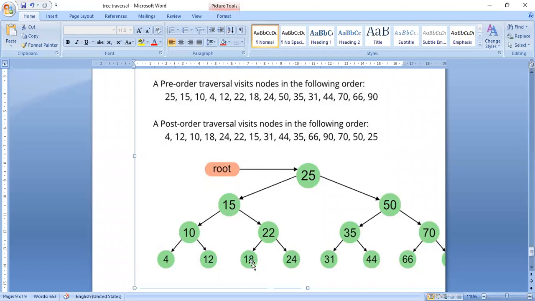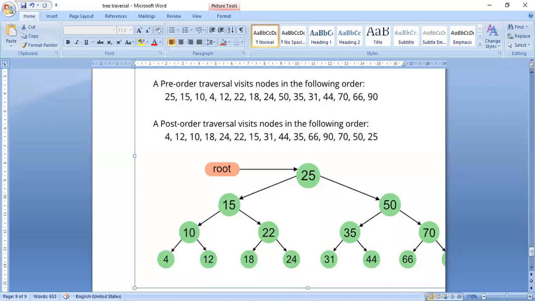In the right subtree, again I will invoke the pre-order: 22, 18, 24. In the subtree also I invoke the same pre-order. So how do we get a traversal of a tree? I implement the same pre-order or post-order or in-order for the subtrees also. That's the main thing you have to remember: for a tree, if I want any traversal, I implement the same traversal algorithm for the subtrees in the tree also.